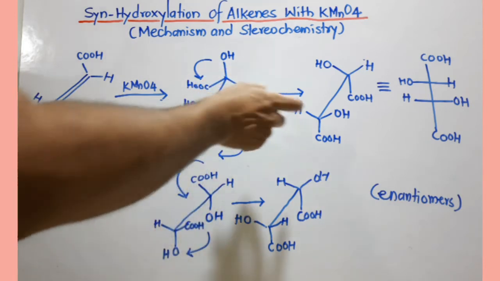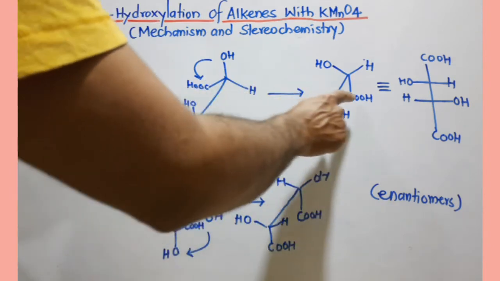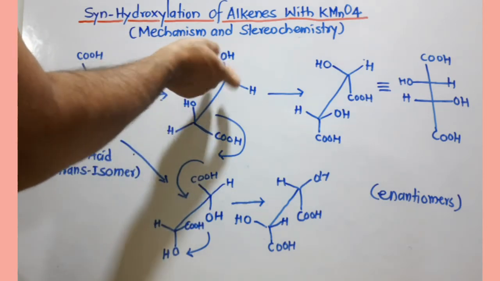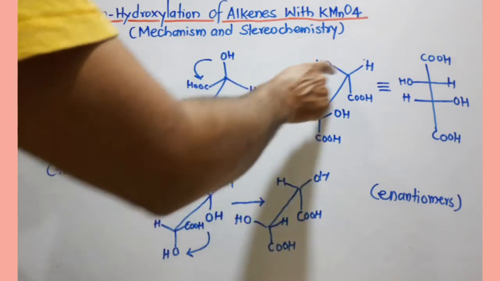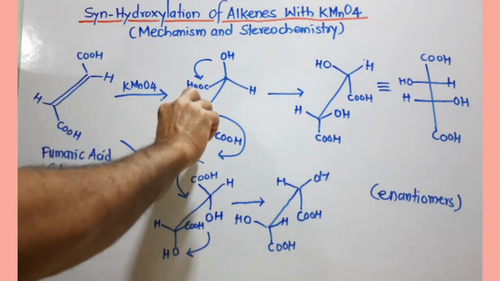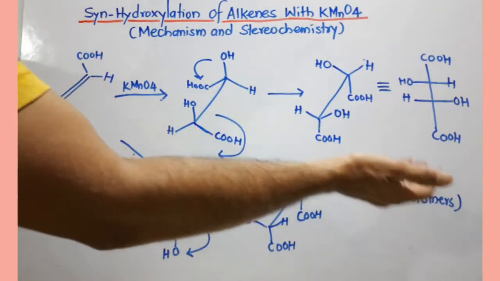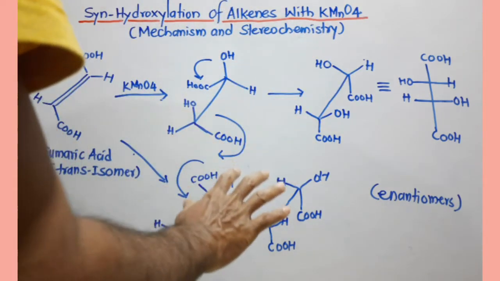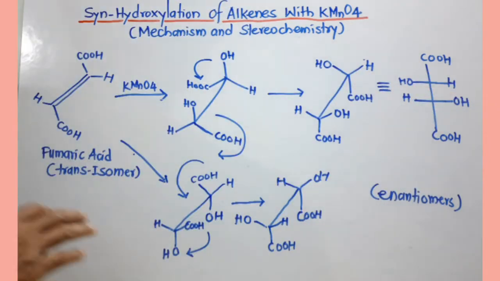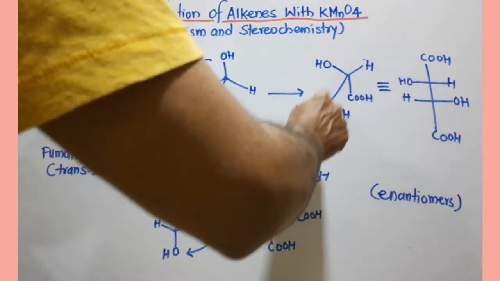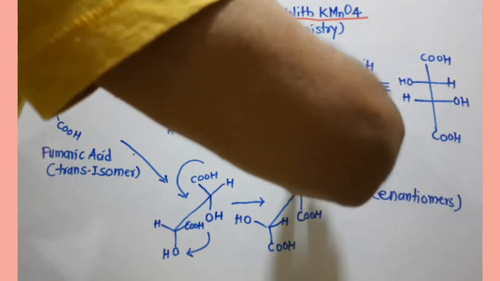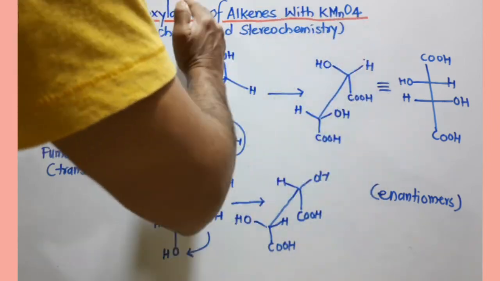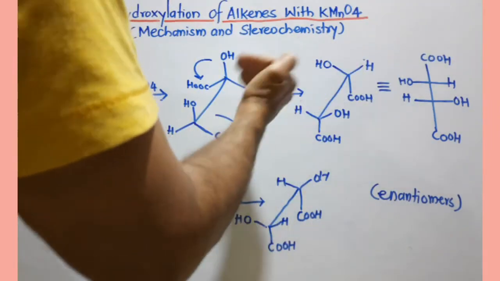So if I do that, you can see here the COOH group is already mentioned here, and for the remaining groups, if I am rotating this carbon in this direction, OH will move here and H will go there. Similarly, if I rotate this carbon in this direction, OH will go to this side and H will go to this side. So we have to imagine this kind of arrangement, and once it is done, you can easily convert it into Fischer projection formula. There are two chiral carbons, so draw one vertical line and two horizontal lines for these two chiral carbons. OH here means this side, H this side, H this side and OH this side.